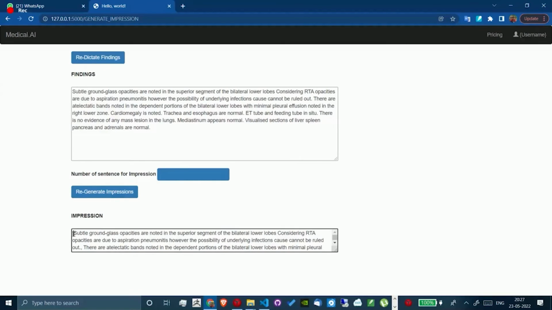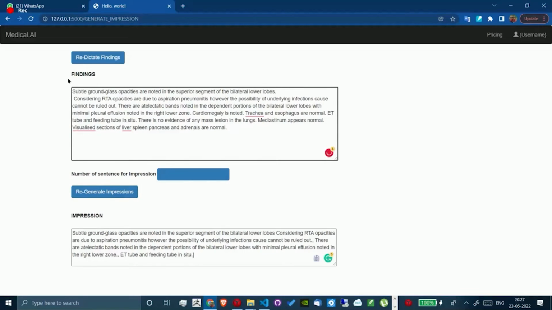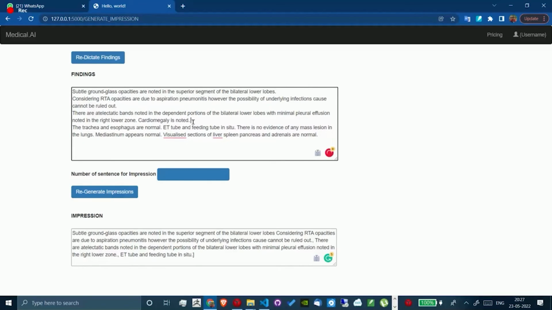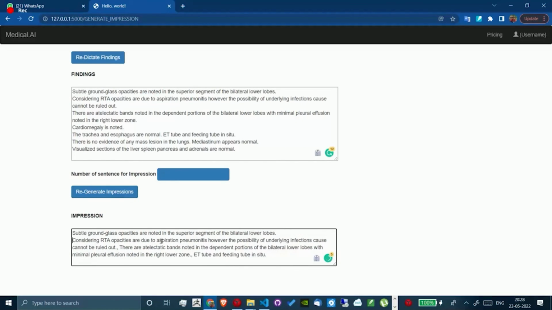And here I have impressions generated with the report. We do have to do some minor changes like adding some spaces or having some enters in the findings for copy pasting this report exactly into your Word doc for the final, and the impressions are right in front of you. So the impressions go like: subtle ground glass opacity is noted in the superior segment of the bilateral lower